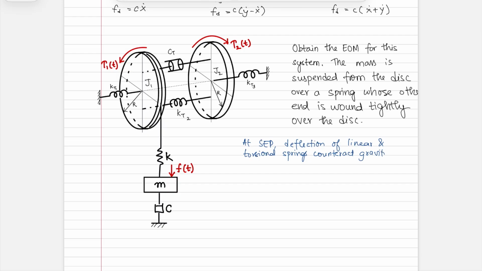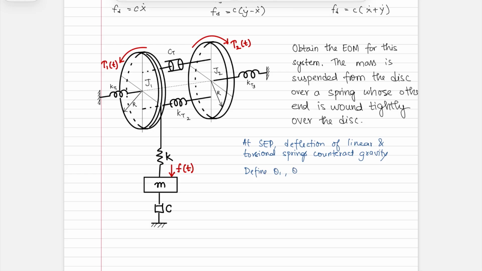And with that, you can then safely ignore the gravitational terms. After this, we'll also do the case where we do not make this assumption, and then we account for how much is the static torque and deflection in the spring, and then we see that it'll all cancel out. Okay, so let's define